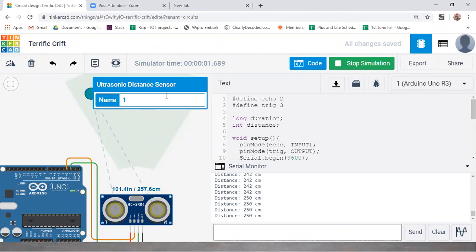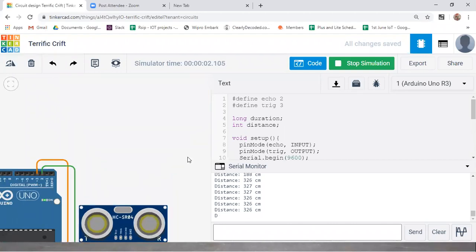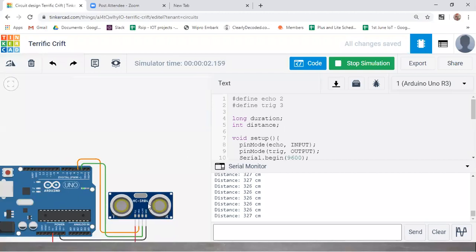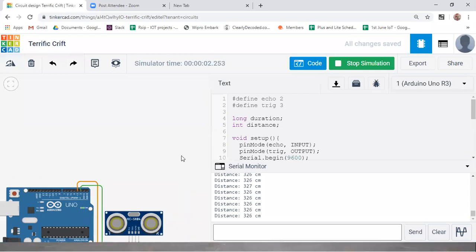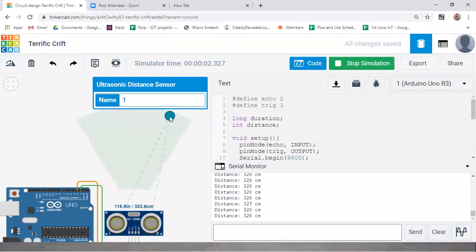Less than or equal to 3 or 5 centimeters, like that, you are getting the values. If you are moving this ball out of the range, you will not get the values. You will get the last value only. Oh, one second, so it is getting more than that. So that is the maximum value you are getting. What is the maximum value range, guys? That is 400 centimeters, right? As we are in the simulation part, you are getting that value. Yeah, it is not totally accurate.